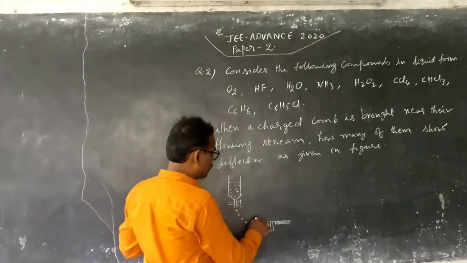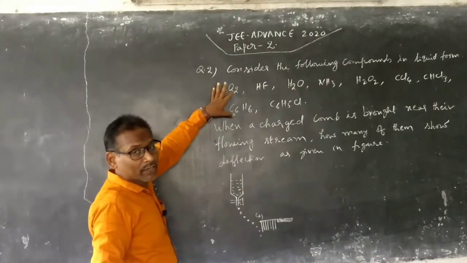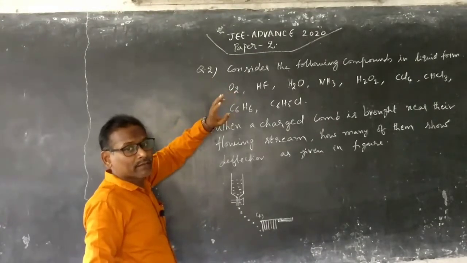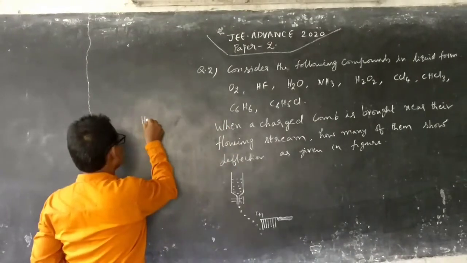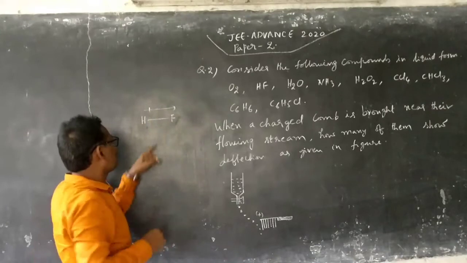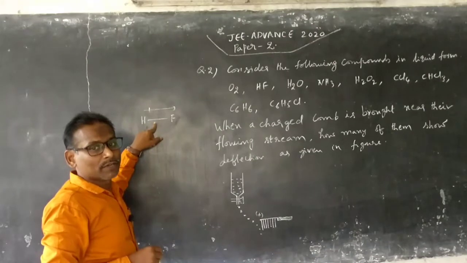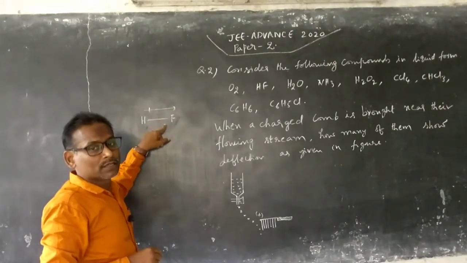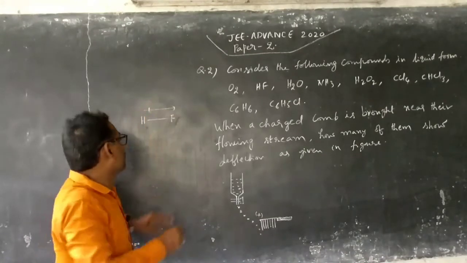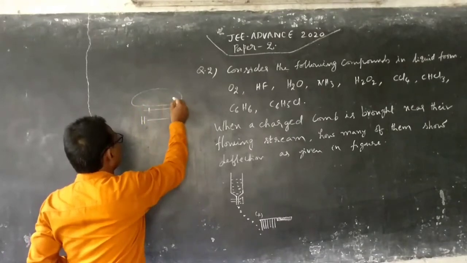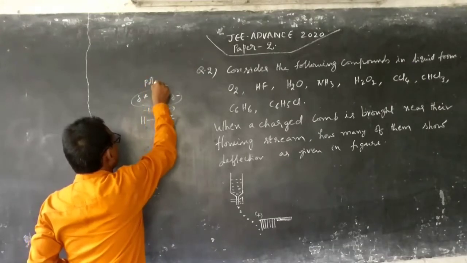Suppose this is a rod of positive charge, then what happens? If the substances in liquid form possess some polarity, that means based on dipole moment we can say whether it has the charge. In HF, the bond between hydrogen and fluorine has an electron cloud that is not symmetrically shared by the two atoms. It is unsymmetrically distributed and moves towards fluorine as it has higher electronegativity. That makes this molecule attain a negative end and a positive end. Such molecules are called polar molecules.